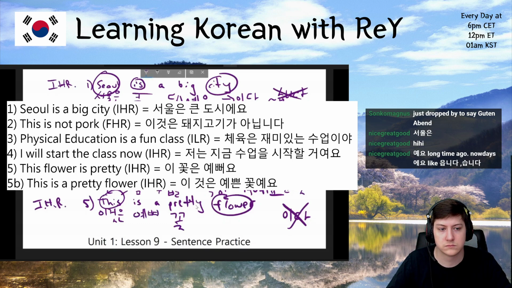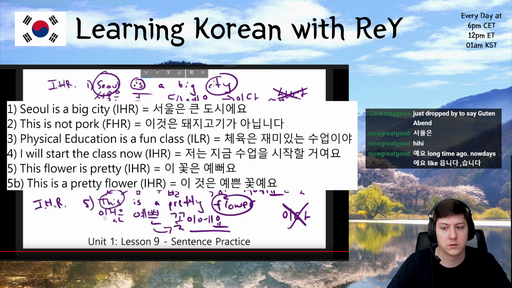So I want to use the adjective to be pretty here. But as we saw in the first sentence up here, I can't just use the base form of the adjective. I need to add this letter to it, so it's specifically describing this noun as being pretty. And now I can add ida to this. So I could just add ida, and this would be a conjugation, but if I want to conjugate it to the informal high respect form, because this ends in a consonant, I would have to add 이에요. And this sentence would read,